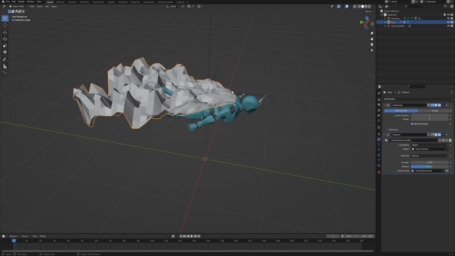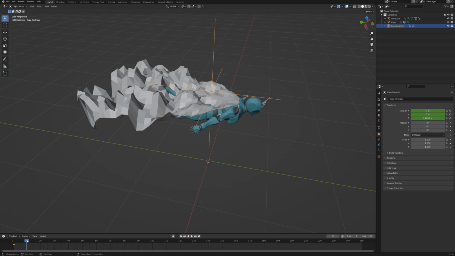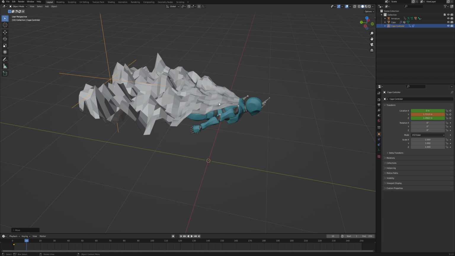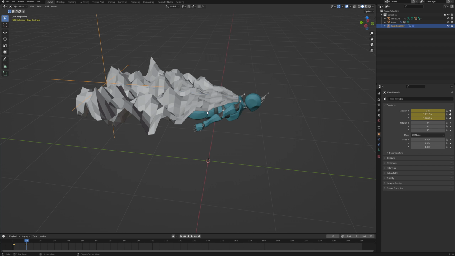And now to make this cape actually flap around, we have to animate this empty. And to do that, on the first frame of the animation, let's click I and choose location. So we are basically keyframing the location of the empty right now. And then let's move to, let's say, frame 10, and then move the empty a little bit on the y-axis or x-axis, depending on how your character is rotated. Just make sure it goes along the cape. And then again, I and location again. Now let's hover over this timeline and click T and choose linear to change the interpolation between the keyframes.